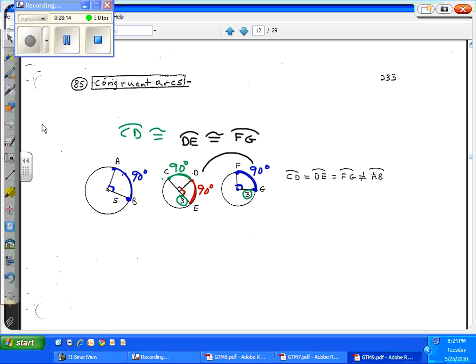Arc FG is congruent to arc DE because it's the same measure as arc DE, but it's in the same size circle. Arc AB has the same measure, but it's not congruent because it came from a circle of different size, you see. So congruent arcs are the same length